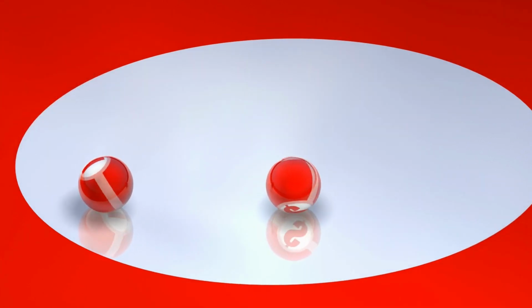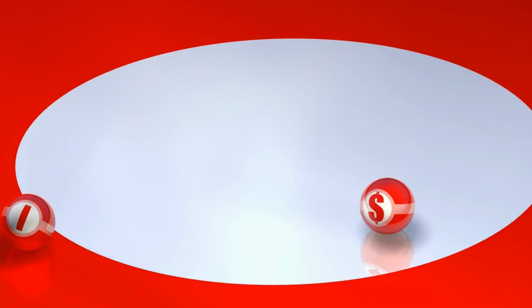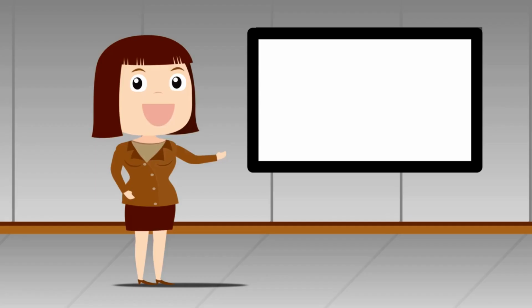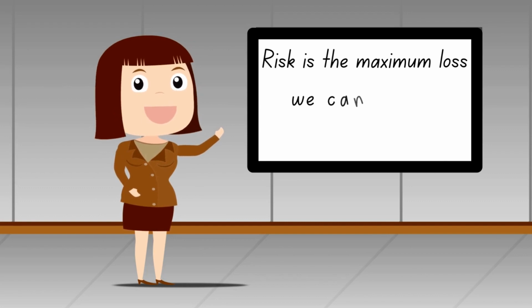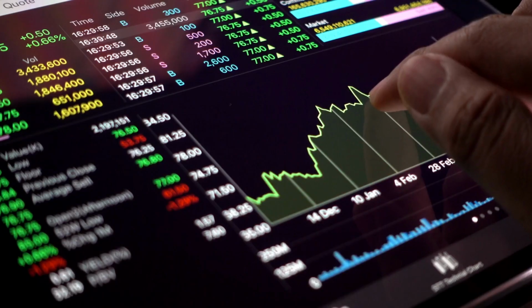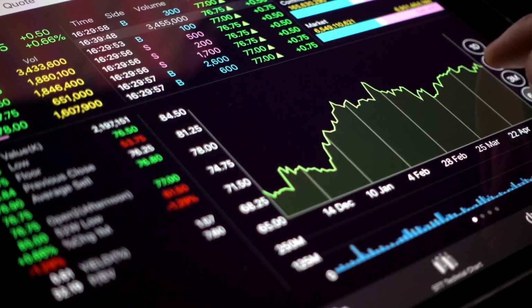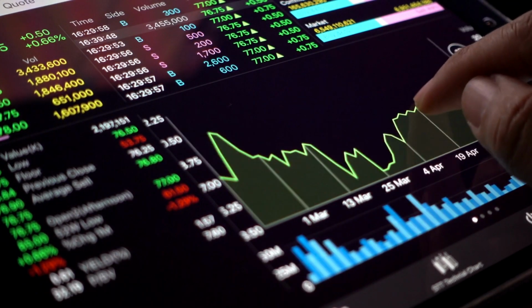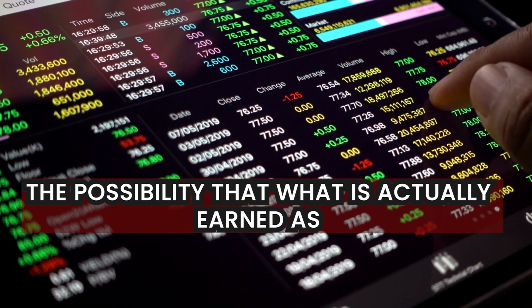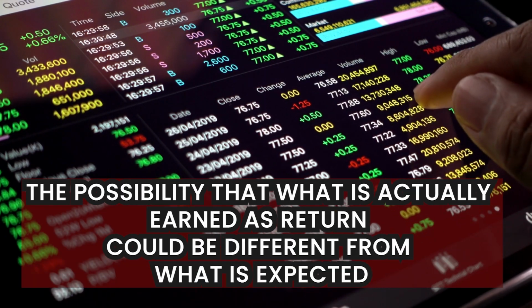Before we begin to understand various types of risk, let's understand what risk is. In general understanding, risk is the maximum loss we can have in our investment. But in investment decisions, risk has a different definition. It is defined as the possibility that what is actually earned as return could be different from what is expected to